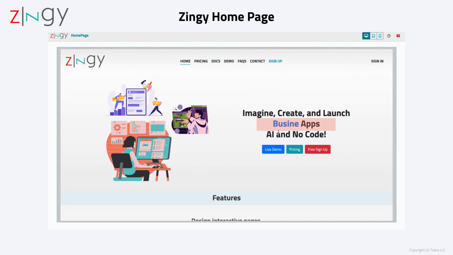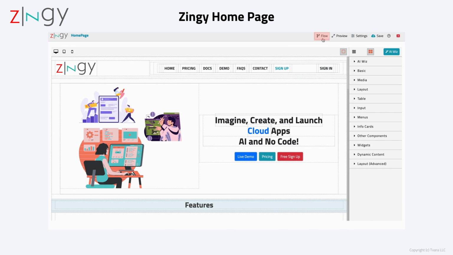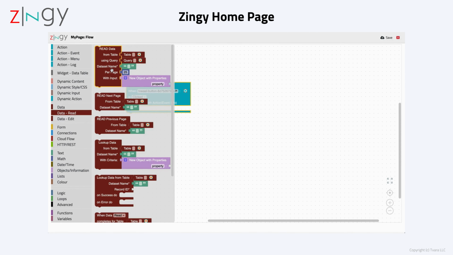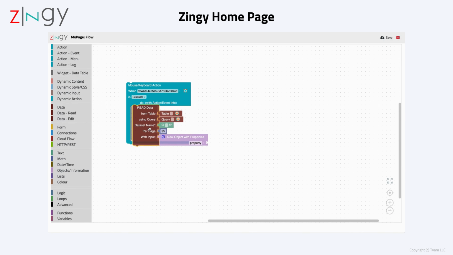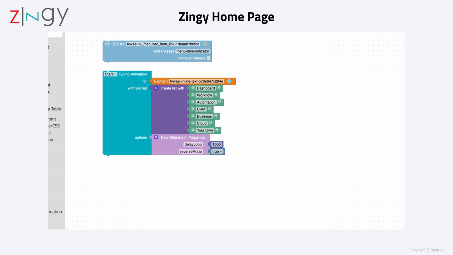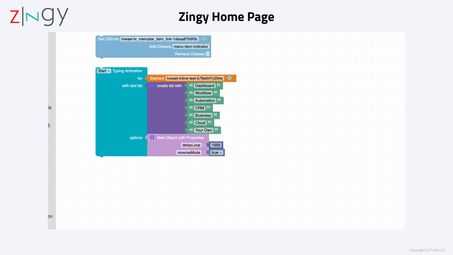We created this cool typing animation using a simple page flow block. Let's jump into the page flow editor and take a look. Zingy's page flow offers a user-friendly interface where you can design the flow of your app's pages and forms. It provides a collection of pre-designed blocks that can be easily arranged and connected through a drag-and-drop interface. Each block represents a specific programming concept or logic, allowing you to build sophisticated programs by stacking and nesting these